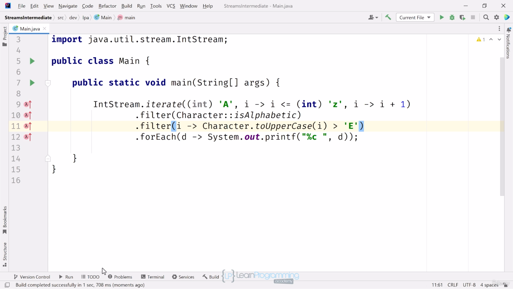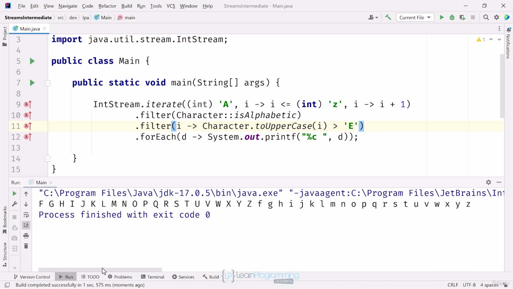Again, these operations are a specification to the stream processor. The processor may decide it's more efficient to join those two conditions together in the black box of the stream process. This is why we have to stop thinking of these operations as methods, because in some cases they'll never be used in the way you define them, but will be optimized by the stream processing code. Let's see what happens when I run this. You can see I get the result I wanted regardless of the way the processor decided to get that work